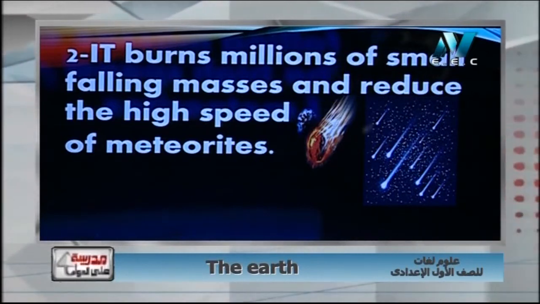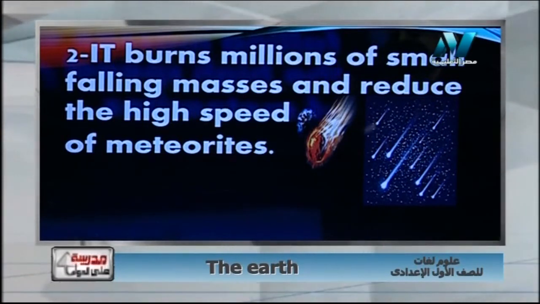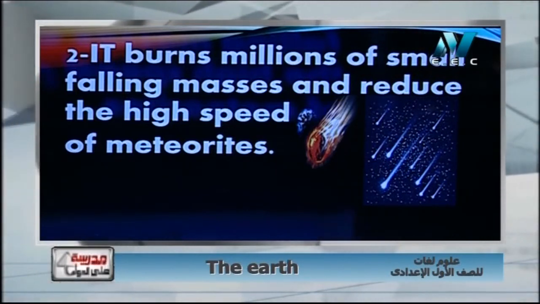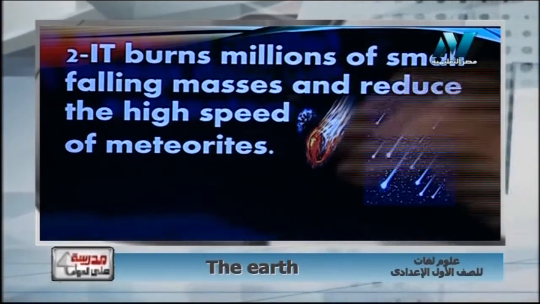Number 2, it burns. It here is atmospheric air. It burns millions of small falling masses as meteors and reduces the high speed of meteorites. Meteorites fall on the earth with very high speed. If they fell on the earth at that speed, they might cause crises, bad events, bad accidents on the earth. But by the mercy of God, the atmosphere reduces the speed of these falling meteorites